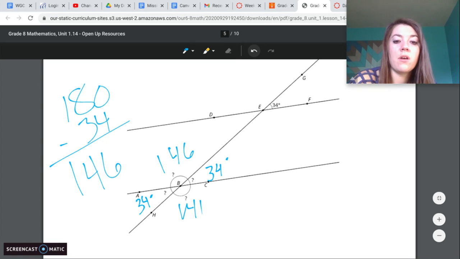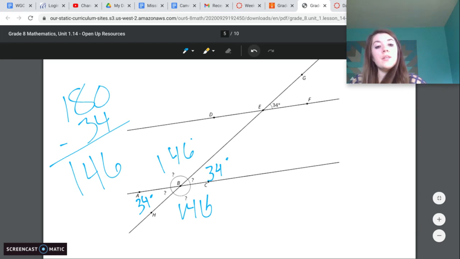Which means the one across from it is also 146. So these angles, using vertical angles, we can find these. So we've done a lot with using vertical angles and knowing the relative places. There's also what's known as